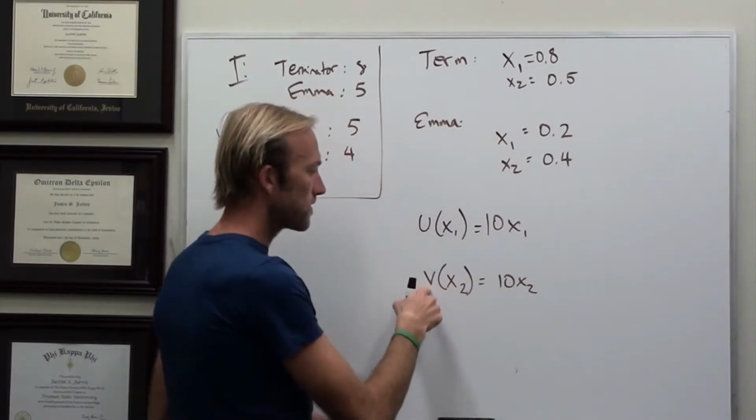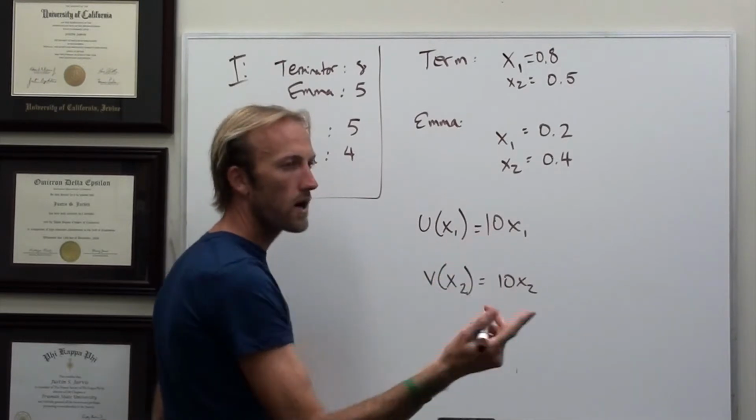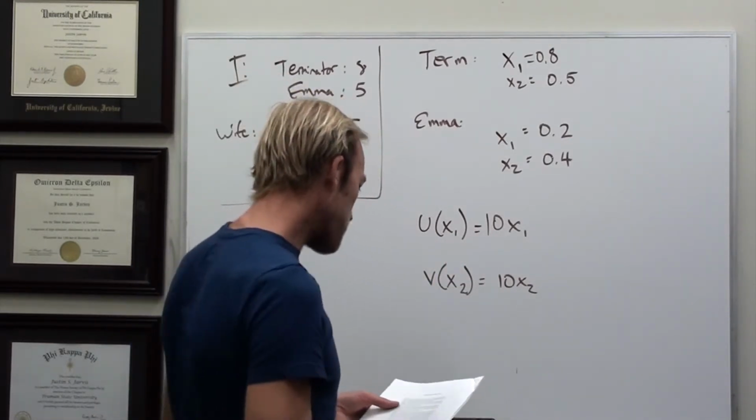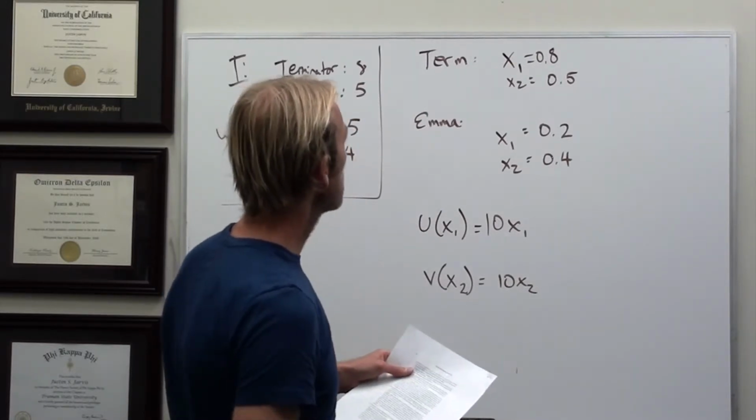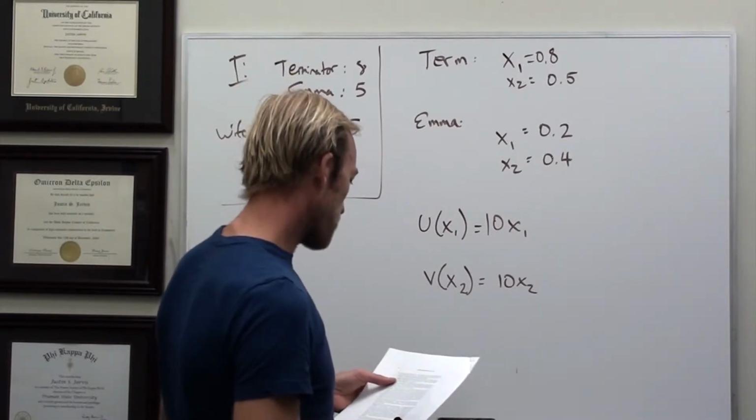Notice I just changed this to V instead of U because U is for me, V is for my wife. We just didn't want to get confused. It means the same thing. Okay, well, if you look at the rankings here, actually, you'll see that I rank